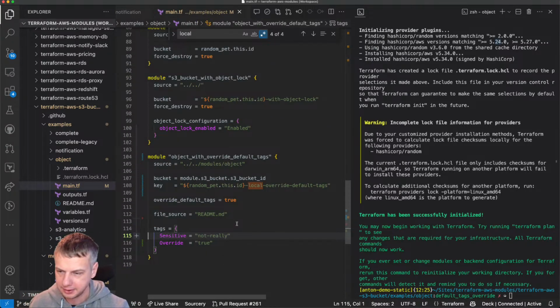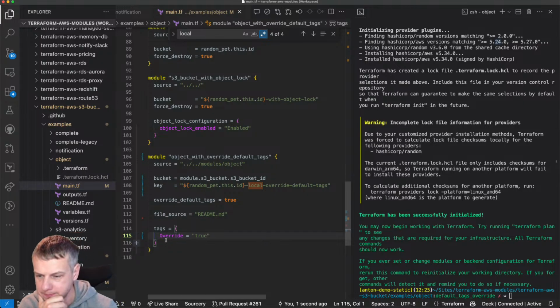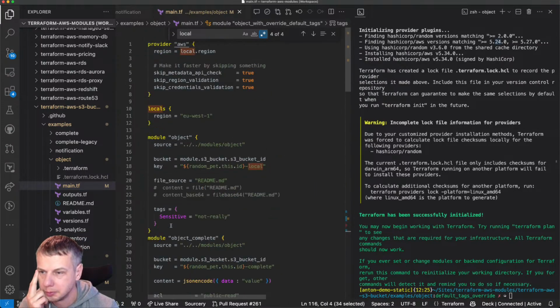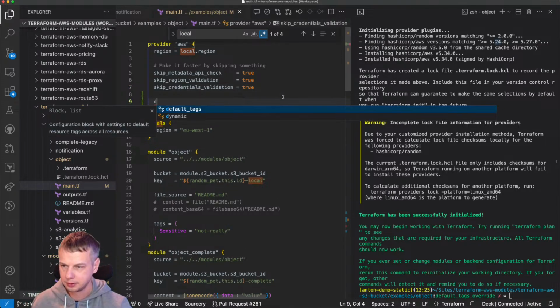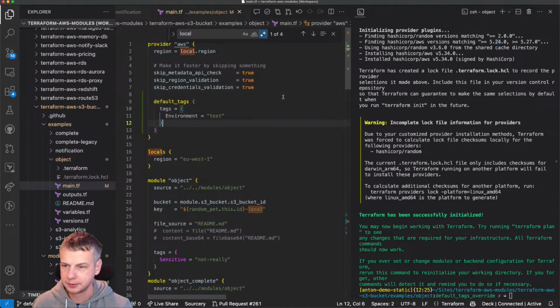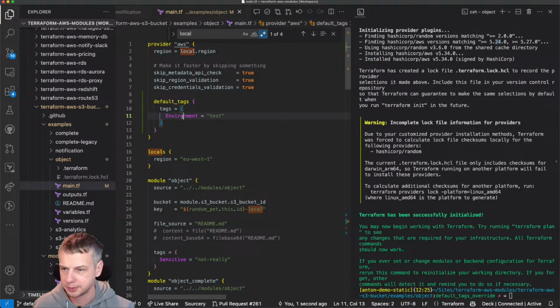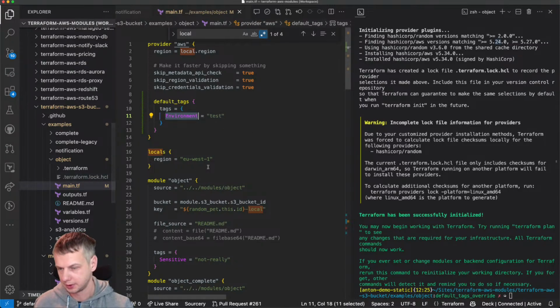And sensitive is kind of useless here. So it's going to have only this one, but let's also have default tags. Here we can specify that it's going to be example.